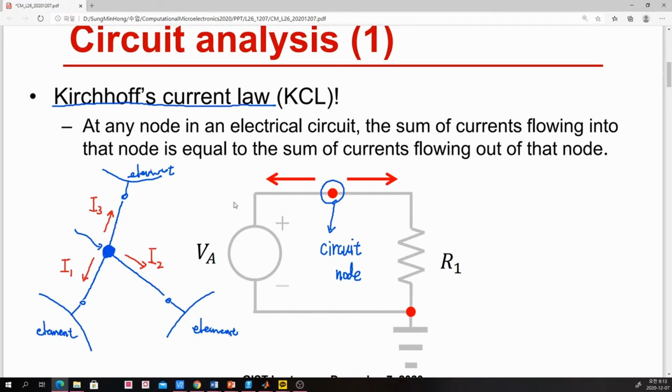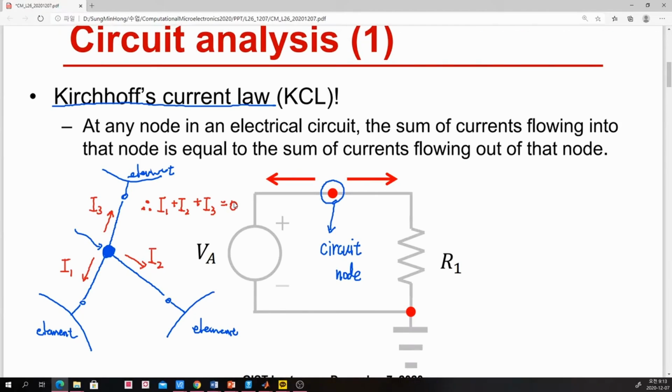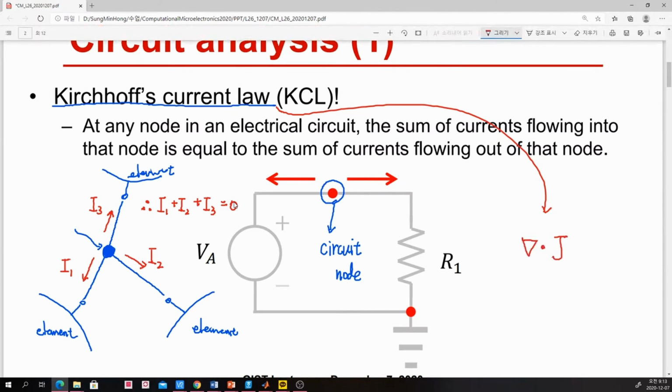Then Kirchhoff's current law is realized as the sum of I1, I2, and I3 vanishing. That is Kirchhoff's current law. The reason why it is so fundamental in circuit analysis is that it is an integrated form of total current density